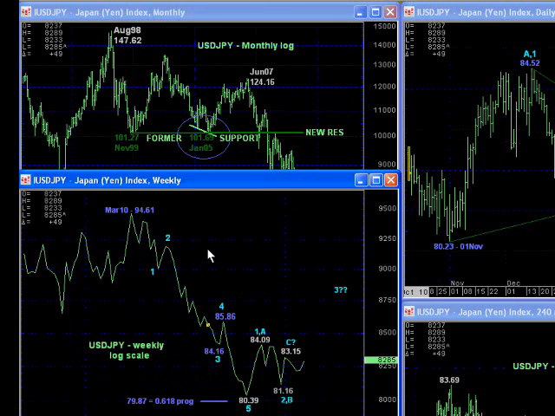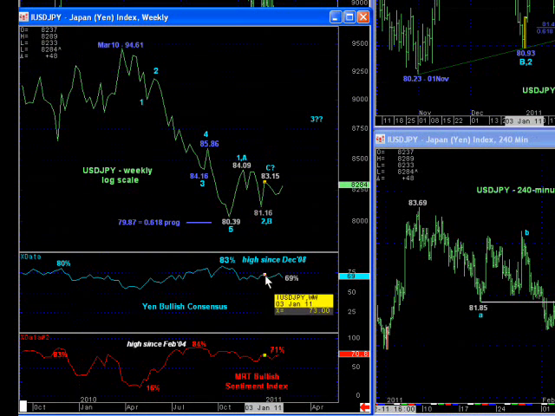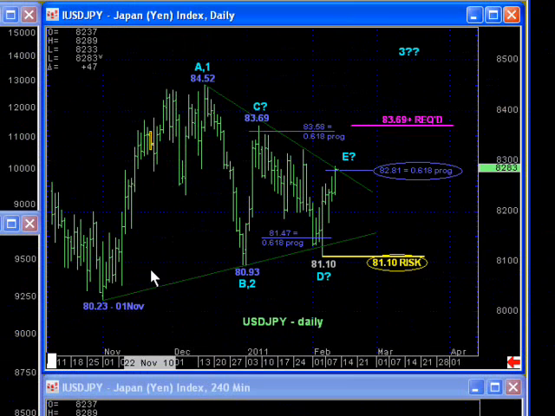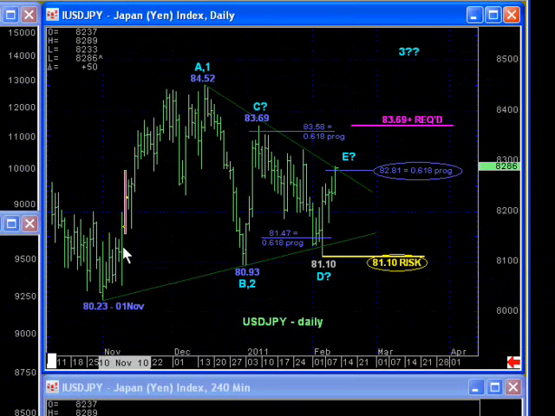But you also can see on this weekly log scale close only chart the prospect of a complete 5-wave Elliott wave sequence down from that March 10th high at 94.61 amidst historically bullish sentiment according to the yen futures. And as a result of the extent and impulsiveness of the November-December rally, it's not hard to endorse a major basing reversal threat that suggests that November-December rally is the A or first wave of a major